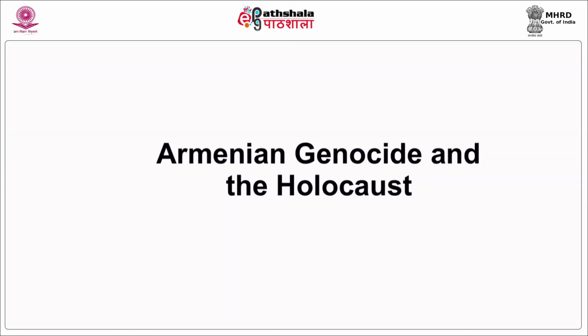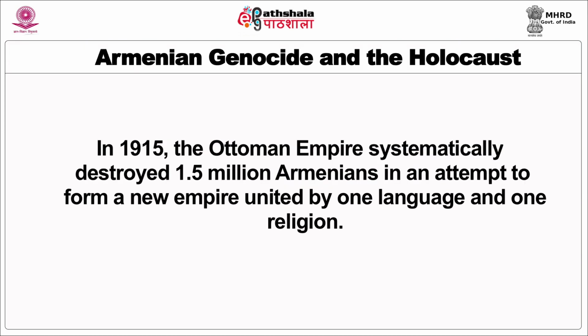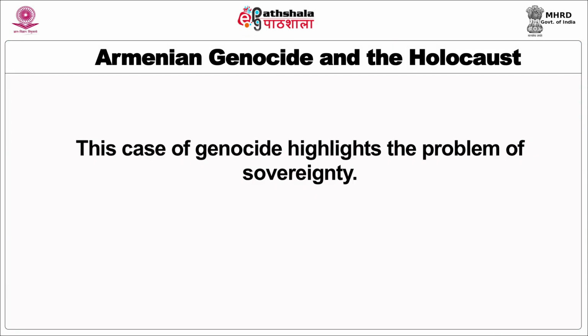Let us now look at the Armenian genocide and the Holocaust. In 1915, the Ottoman Empire systematically destroyed 1.5 million Armenians in an attempt to form a new empire united by one language and one religion. The Armenians were rounded up, tortured, hanged or shot on orders of the government. Women and children were mercilessly slaughtered. This case of genocide